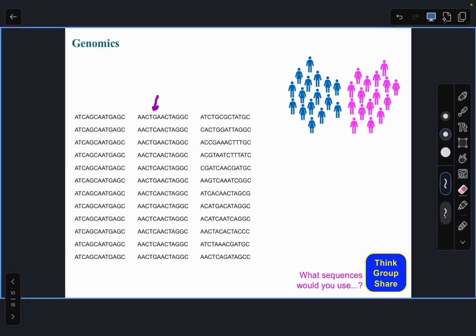So it turns out that when we're looking for differences that might allow us to group individuals in, let's say, these two groups, that middle column is about the best approach. And the reason is that there is a way to clearly group the sequences in two classes: the ones with the G, the ones with the C. Now, does that mean that the ones with the G are going to be no condition and the ones with the C, the ones with the condition? Well, not necessarily, but at least if they were, we're a lot closer to saying, I think there's something here,